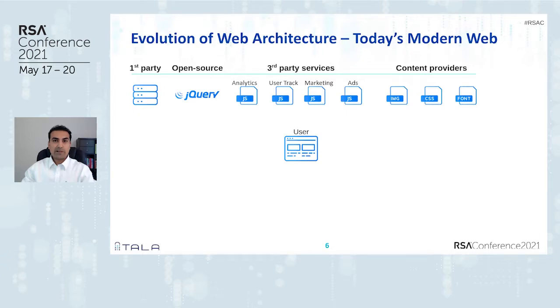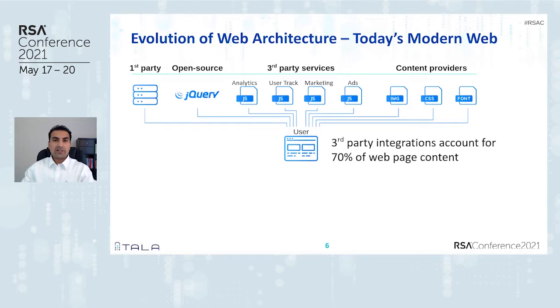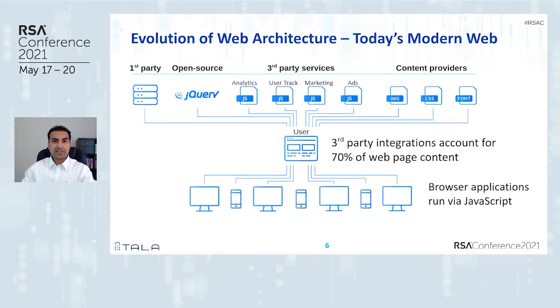This has led to third-party vendors and libraries loading their content directly onto your browsers. And this means that on average, around 70% of what loads on end users' browsers doesn't come from first-party servers at all. Enterprises are designing client-heavy applications as a result that are run through JavaScript on the browser. And these browsers are acting as the modern-day OSs.